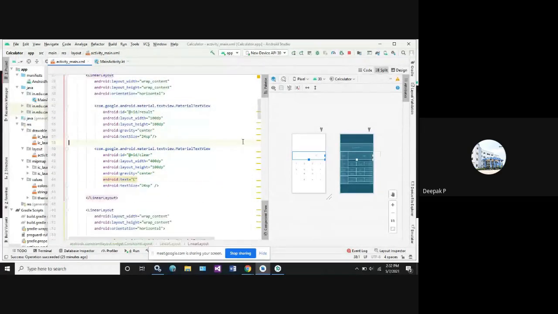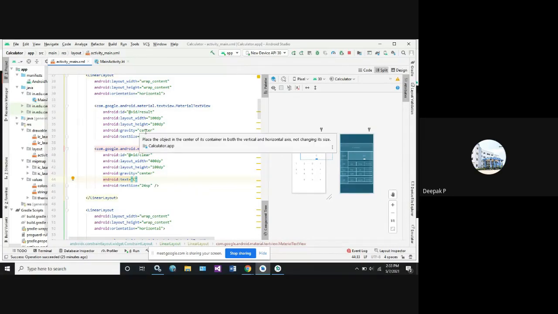After the result, which is the top end, the upper part of our screen, what is the next part we have? We have the clear button. For that I am taking a material text view clear button. And listen here, for every content just copy paste the code. Try to copy this content, paste it, and modify just the id part and the gravity part, and if there is any text that has to be displayed, add this text content. That's it. You can write the code or you can design it in the design part. No need to write the code. Whatever you design will be loaded as code automatically in the code section. That is also an easy method.